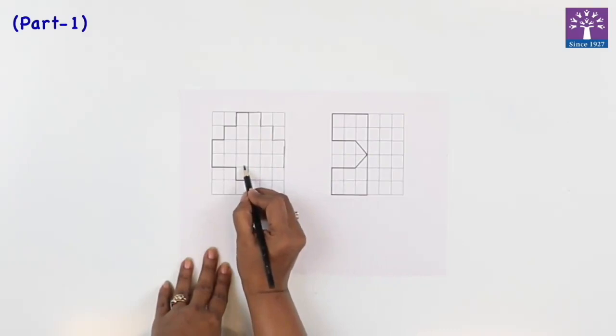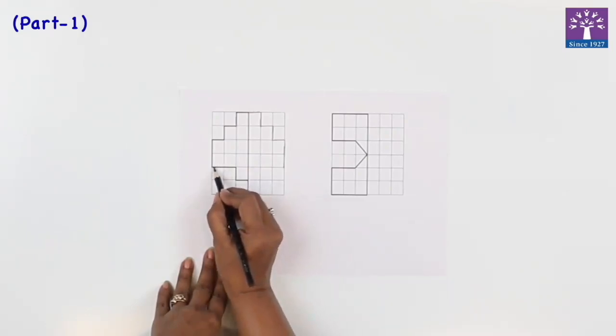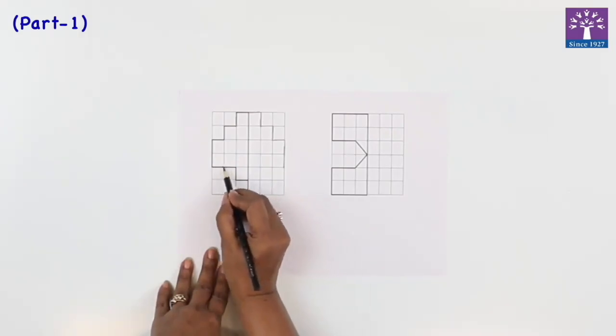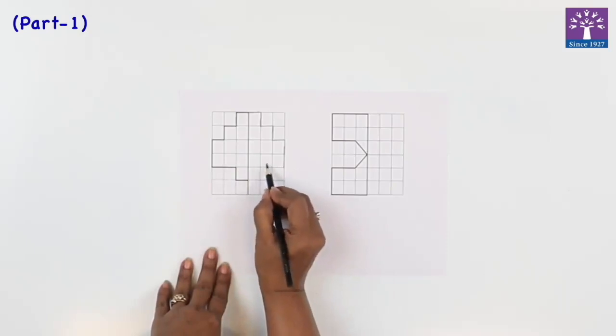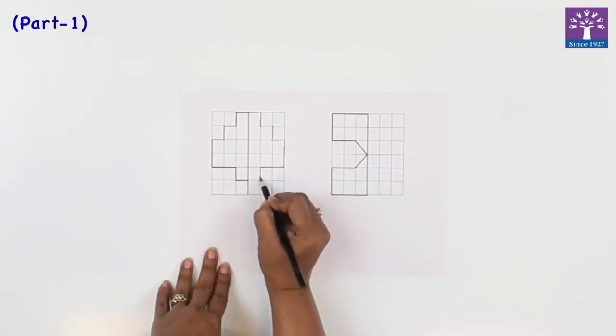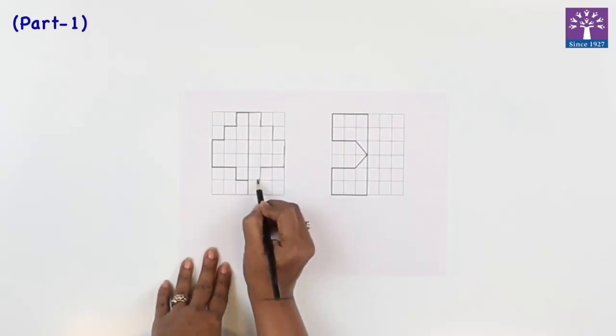But see that there are 3 squares, but there is no line over here. So where is the line? On the 2 squares. So 1, 2 and 3. Here it is 2 and 3. Similarly 1, 2 and 3 on 2 and 3. Then from this point, see these are the same points. We will draw a vertical line and then connect it.